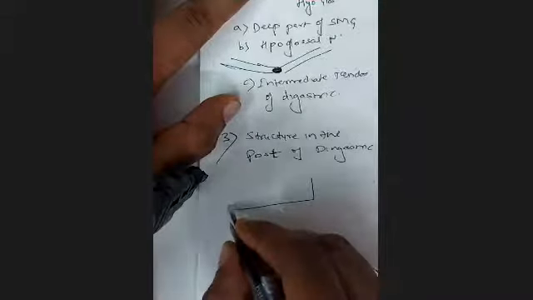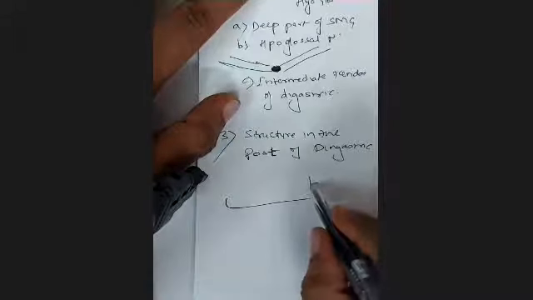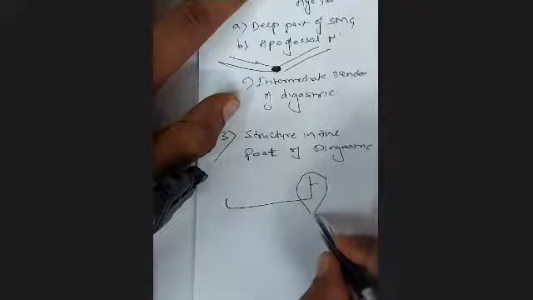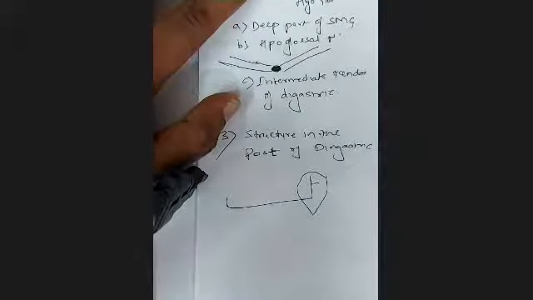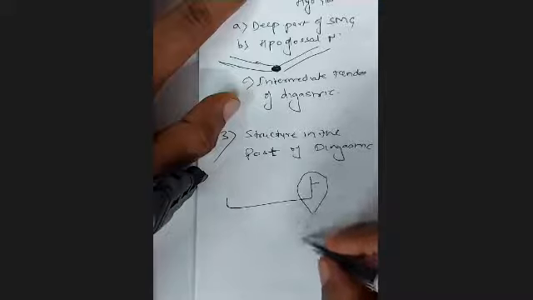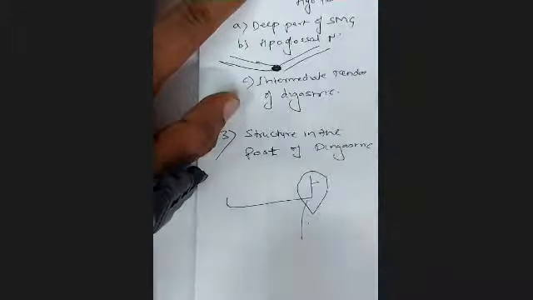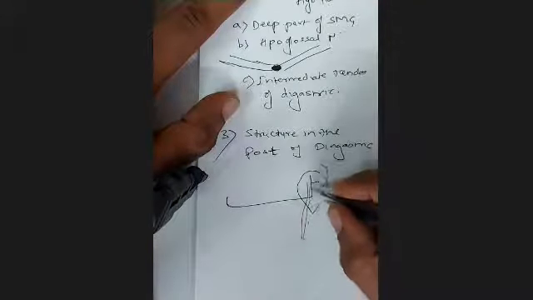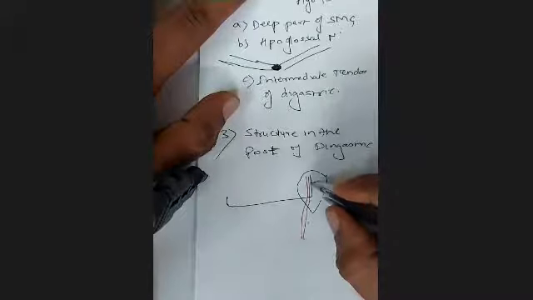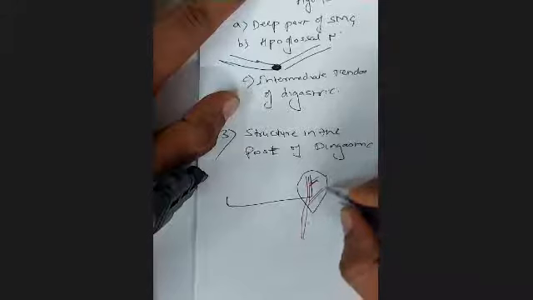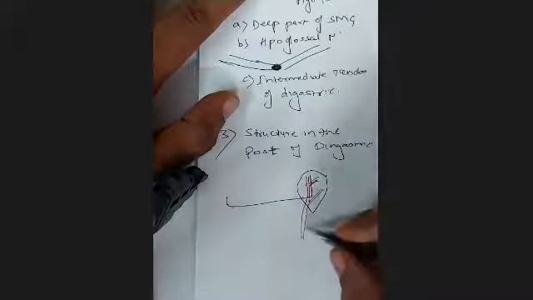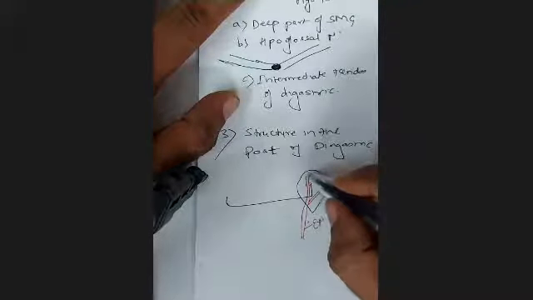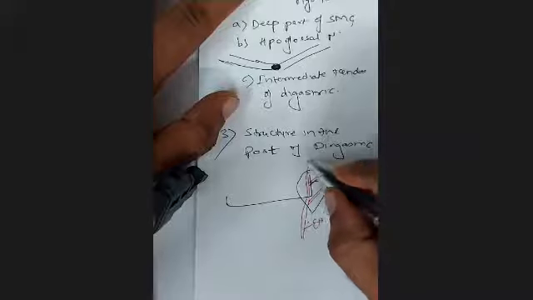Now, this is the mandible, and here is the parotid gland, and the parotid gland is going like this, and entering the parotid gland is the external carotid artery. The external carotid artery goes inside the parotid gland and gives its terminal branches, superficial temporal and maxillary, and also gives a branch called posterior auricular. So this is the external carotid artery, and this is the superficial temporal artery.